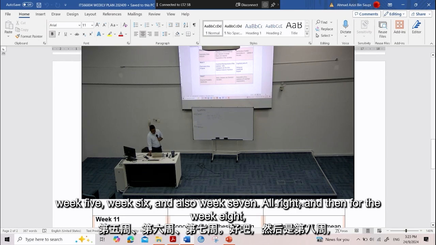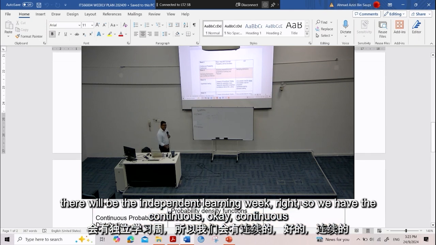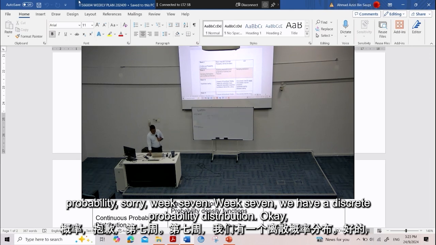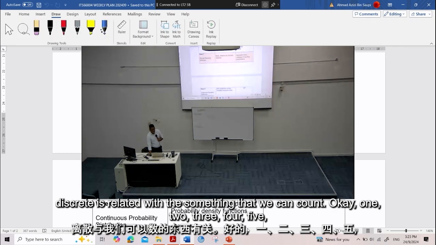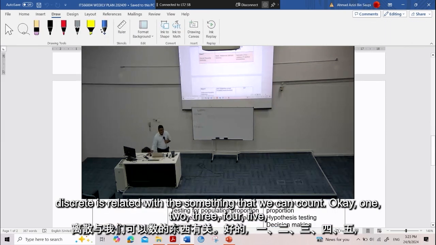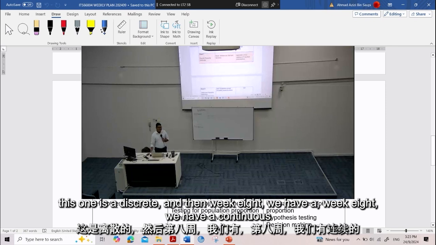Okay, week 5, week 6, and also week 7. All right. And then for week 8, there will be the independent learning week. Right. So we have the continuous. Okay, continuous probability. Week 7 we have a discrete probability distribution. Okay, discrete is related with something that we can count. Okay, 1, 2, 3, 4, 5. This one is a discrete. And then week 8 we have a